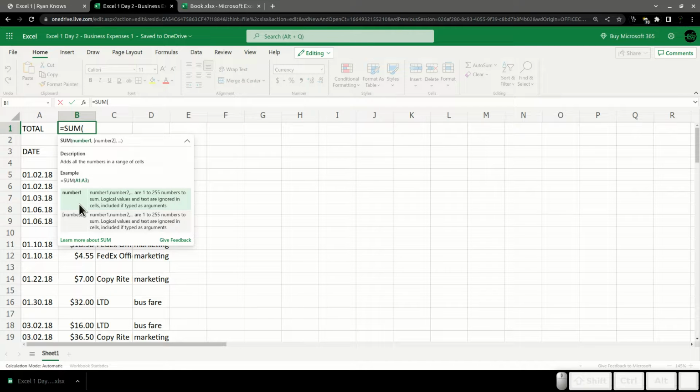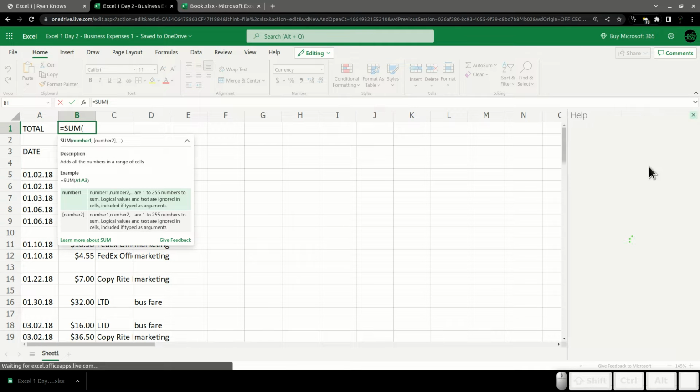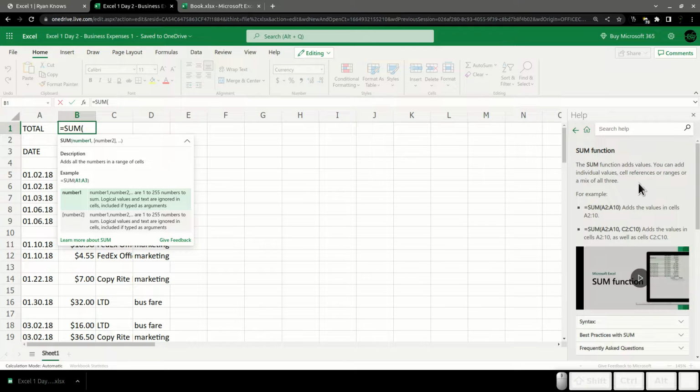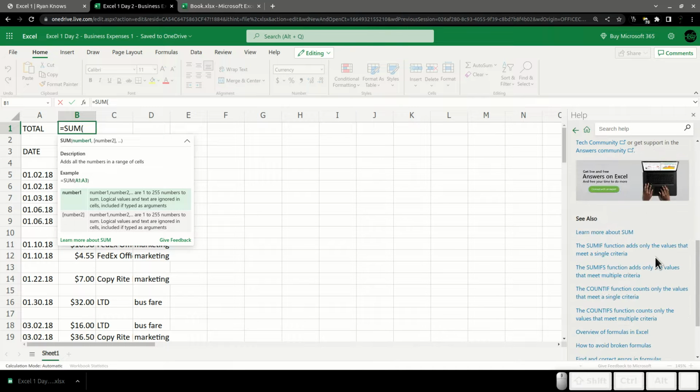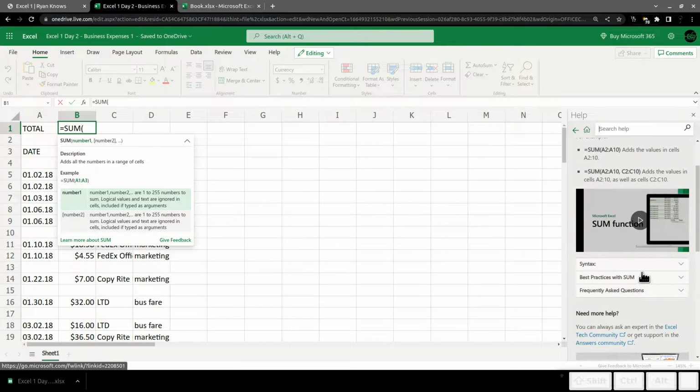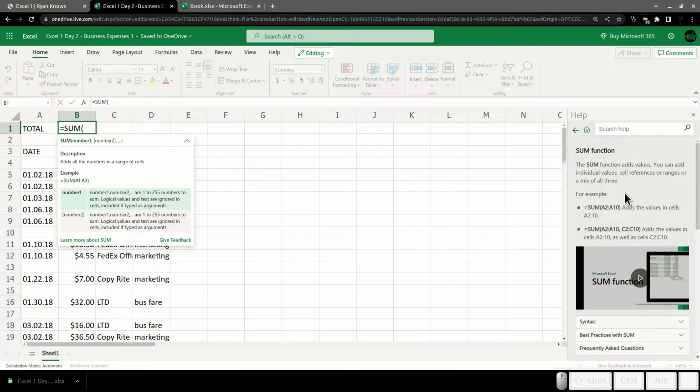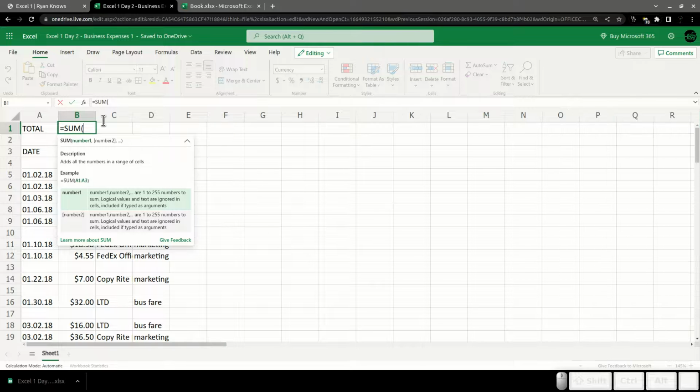It gives a little description, and then where it says number 1, number 2, it gives you even more detail about what those numbers are. And then there's a link that you can click on, which will open a little help pane over here, which will go into even more depth about that particular formula, right? It has a little video, all sorts of stuff. Other related formulas. Honestly, this is super useful. This helps you avoid having to Google stuff if you're just trying to figure out how something within Excel works. I find that those help things are pretty explanatory.